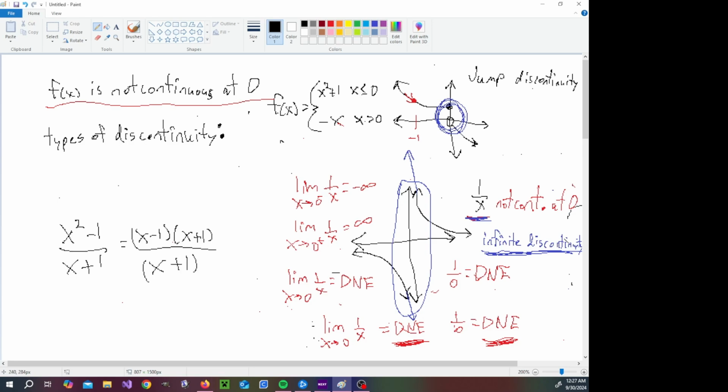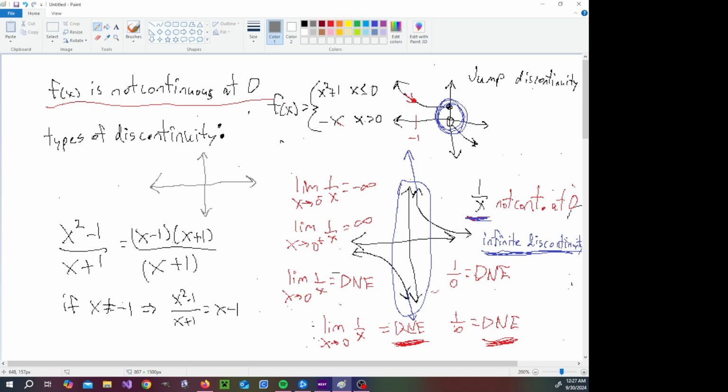And so if x is not equal to negative 1, because otherwise the denominator would be 0, and I can't have that, then x squared minus 1 over x plus 1, the plus 1 is going to cancel on top and bottom, and it's going to leave me with x minus 1, which really means that the graph of this function